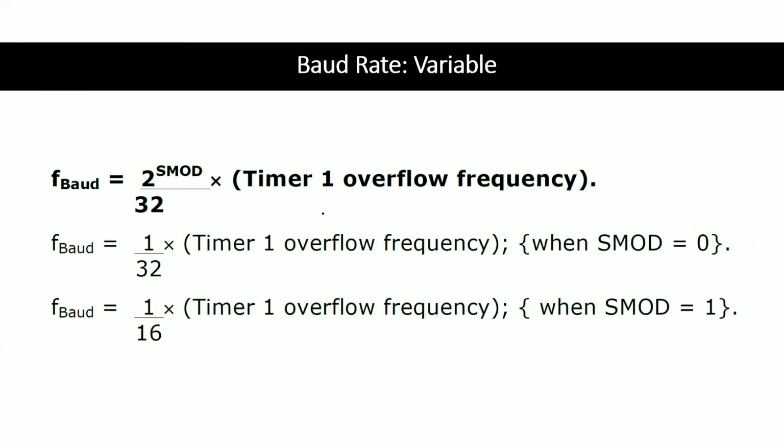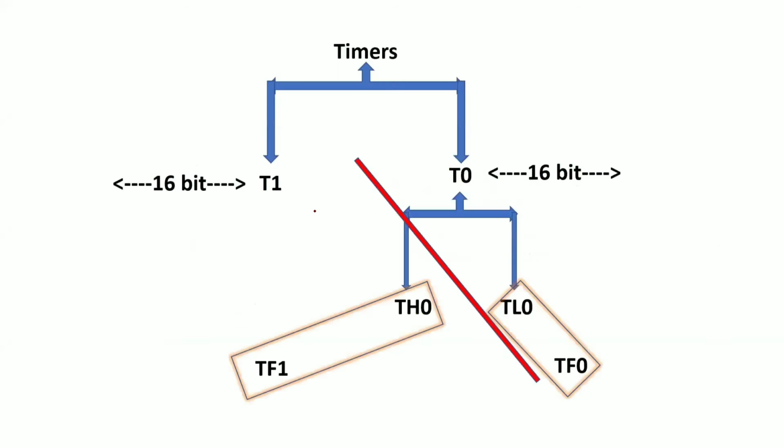the next one is timer 1 overflow frequency. Timer 1 overflow frequency, which means I am using timer 1 to generate the baud rates, the number of bits transmitted per second. Now if you pay attention to the last timer classes, I am using this slide. Timer 1 is dedicatedly used for serial communication. Now I am having only timer 0, but still I want 2 timers. That's why timer 0 is split into TL0 and TH0, and TL0 occupies the TF0 interrupt flag, and TH0 occupies the TF1 interrupt flag, which is of timer 1.